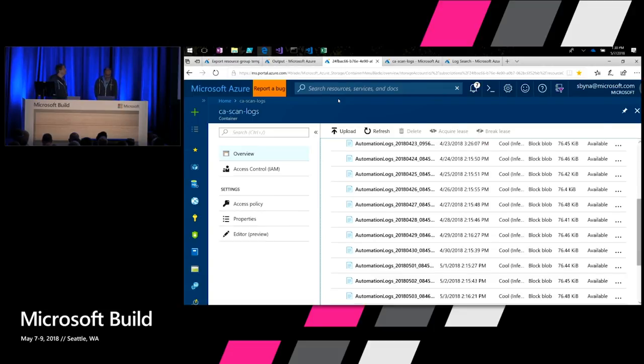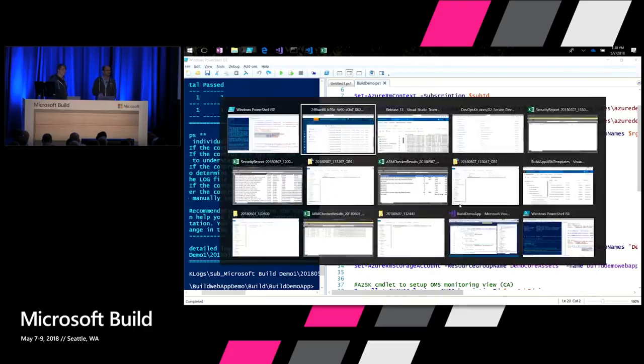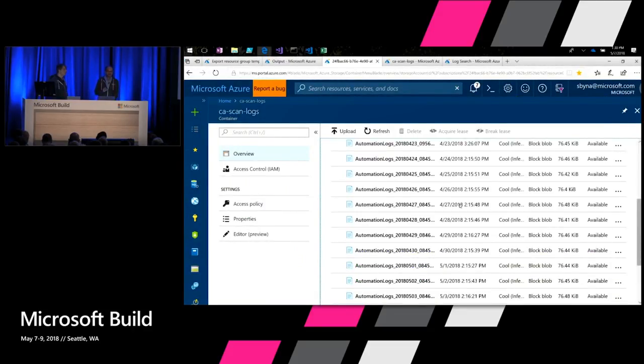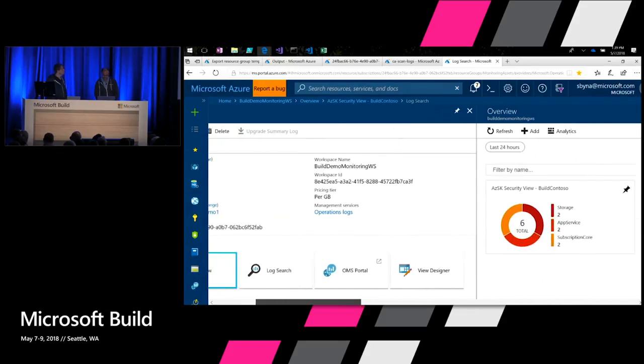If you notice, as part of our command, we also pass the OMS details. That's where OMS comes into the picture. As the scan happens at runtime, we also send an event to your monitoring workspace. It could be any monitoring workspace. What it enabled for an engineer is that, as they monitor the application availability, health, and performance, they also get a security event. So now they get a complete picture of what the application is all about and how the application is really doing in production. That's what OMS is doing. In this case, let me quickly show you the OMS workspace that I have configured.